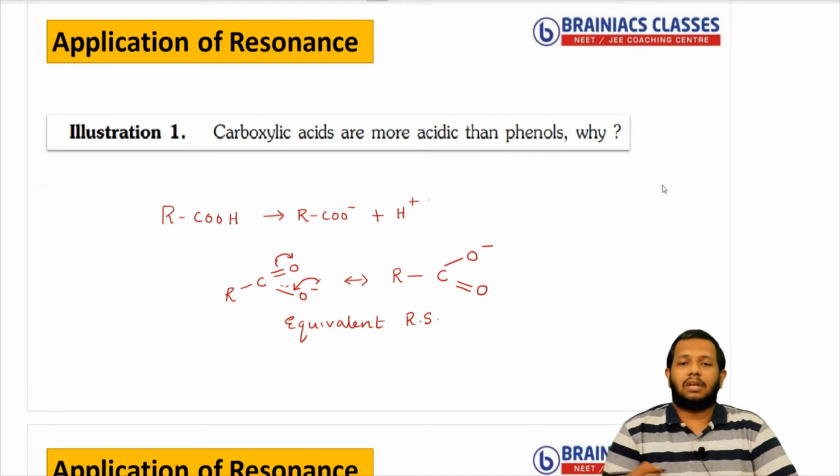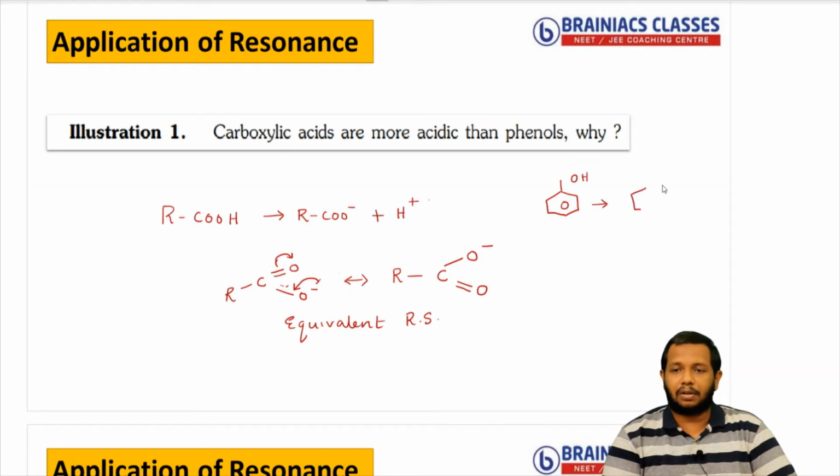Now the same thing, in the case of phenols, as I have already drawn for you, just for your understanding I am drawing again. This is phenol. From the phenol, if you donate the H plus, what will happen? You will get the phenoxide ion. Correct. This is the phenoxide ion. Now I can represent this like this as well. You have a double bond, a structure like this, with a minus charge. Now you know that there is a minus charge, single bond, double bond, single bond, double bond, single bond, double bond, single bond. That means it can have 5 resonating structures.